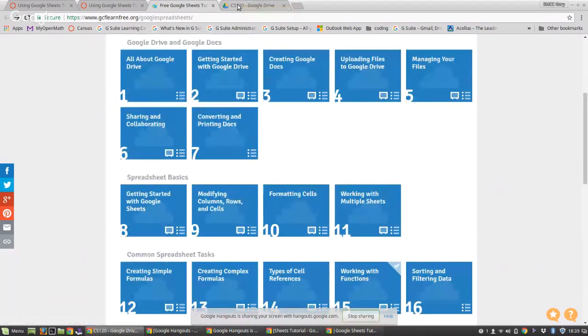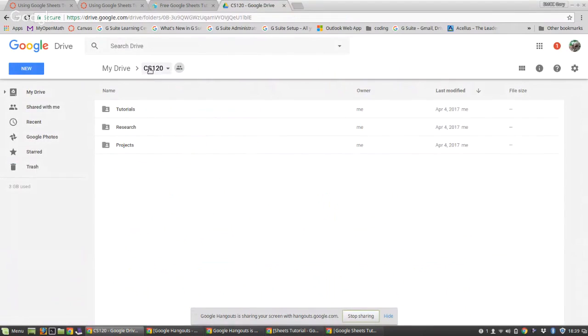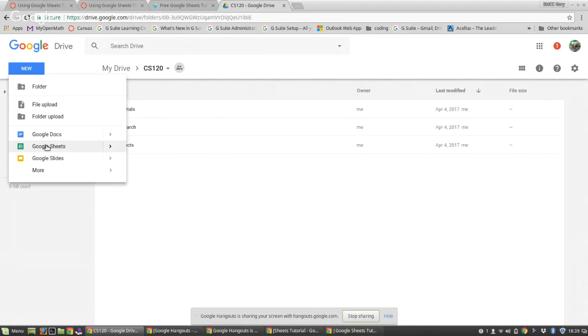Now, in your Google Drive, you have a CS120 folder. And inside that folder, you have a place for tutorials, you have a place for research, and a place for projects. And everything else you do in this course is either going to go in tutorials, research, or projects. And so there's not going to be any extra stuff floating around. An important part of this course is file management. And so you need to get good at putting things in the right spot. With that in mind, if right now I were to create a new Google spreadsheet,